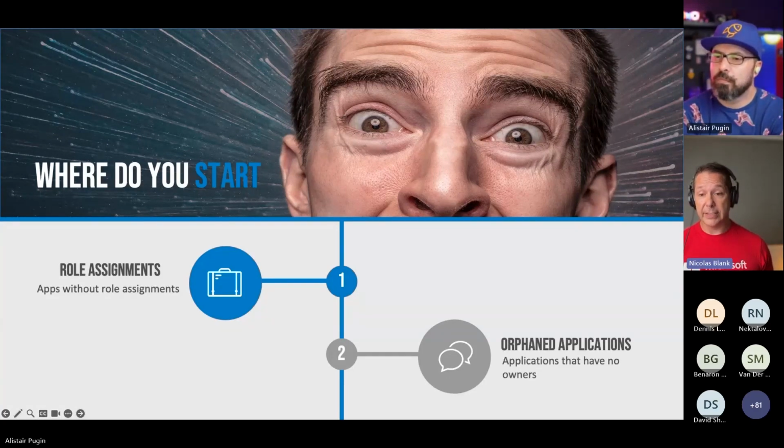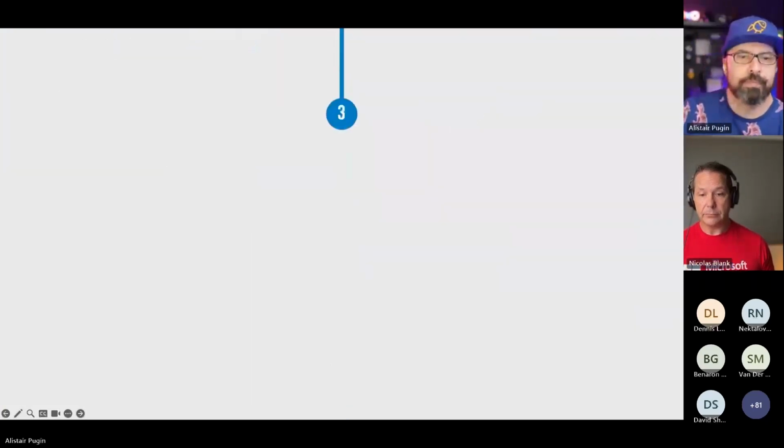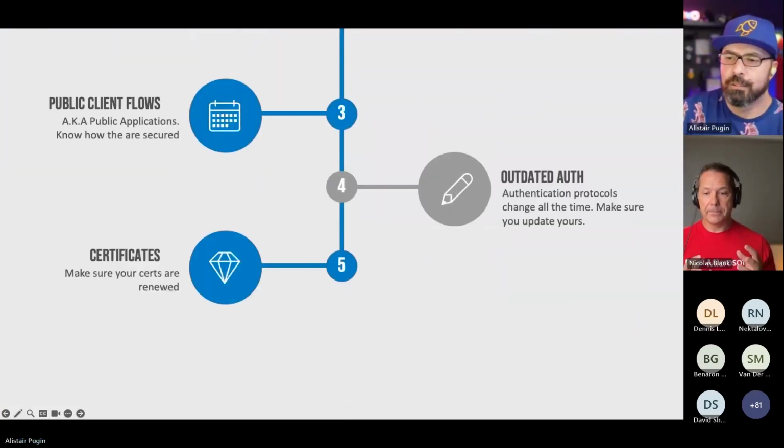Now, if you think about that, what application is it? If the application contains anything sensitive that should be available to specific users and groups, and you haven't created any type of role assignment, that means that all users in the organization and all guests that you invite could potentially see what they're not meant to see. An orphaned application is,